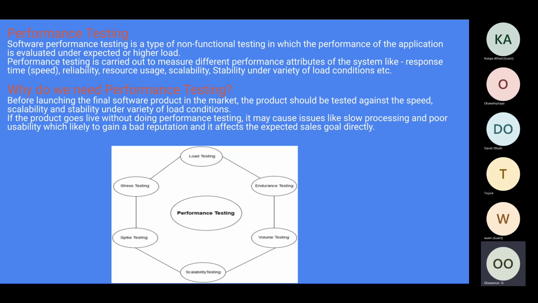All we see or all we handle is that we just use an application. When it's not working, when it's not fast, we start complaining. But there's a lot that happens underneath, and provisions need to be made for such scenarios that I just talked about now. Stability under a variety of load conditions, etc.